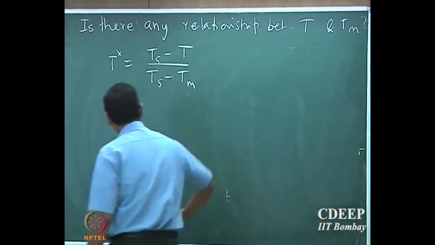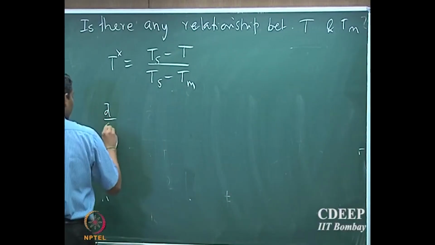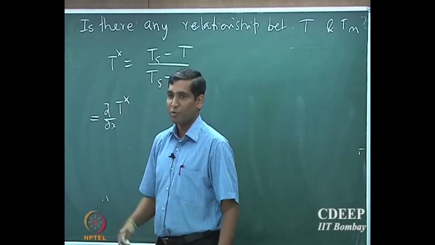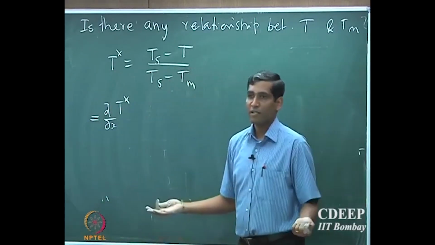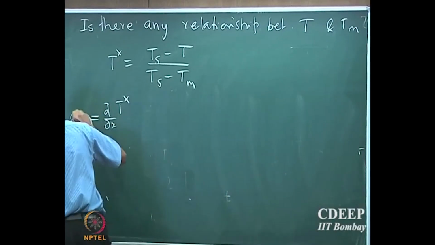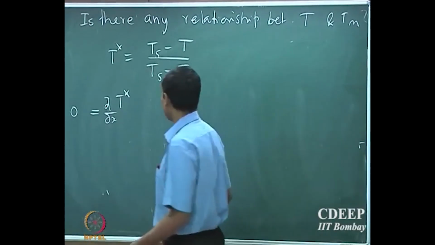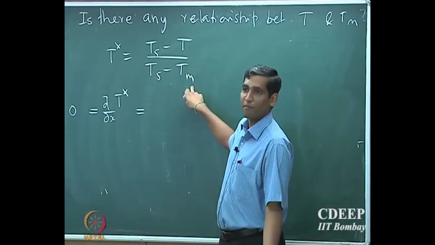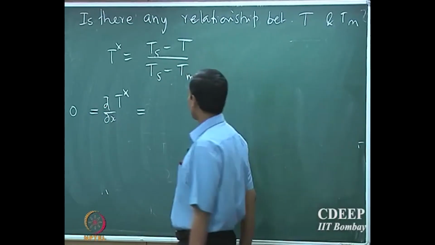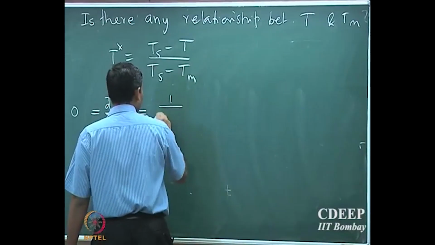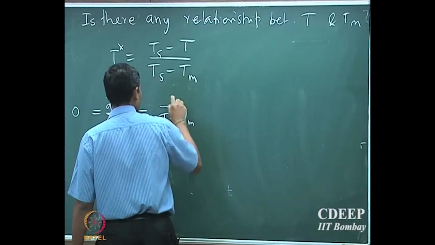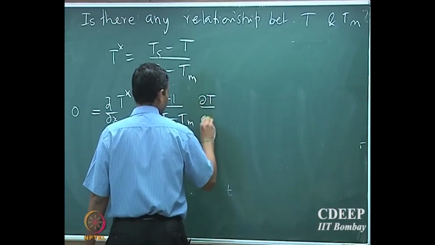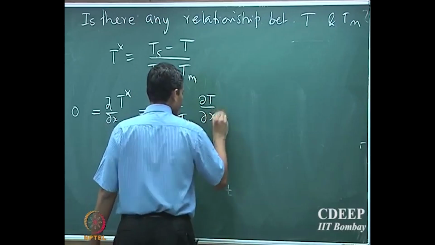Now if I take the derivative of this with respect to x, what is that? That should be 0, right? T star is not a function of the axial position in the fully developed regime, and so that should be equal to 0. Ts is a function of position, Tm is a function of position, and T is a function of position, right? So we can now write this as 1 by (Ts minus Tm) into dT/dx,